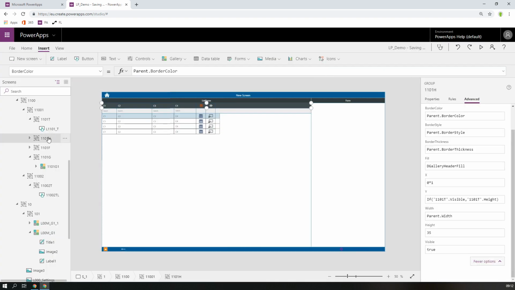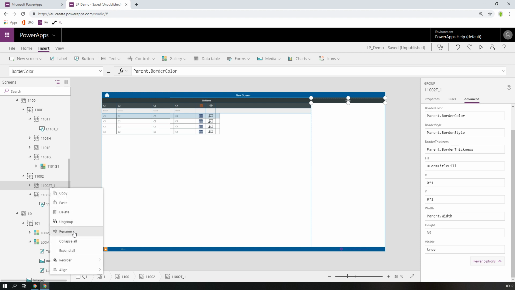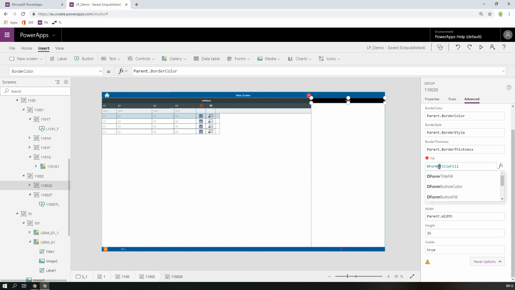Let's now grab this box because this is probably the color. Let's take this. I think this is easier. Let's rename this and let's call it submit or 0. I always call 0, 0 is then the submit button. And this shouldn't be a form. Oh, this is a form, but this is a button fill. So maybe the button is a little bit lighter than the title, or maybe a totally different color, and we can set that easily. And you see the rest is just the same, only we have to change the Y,